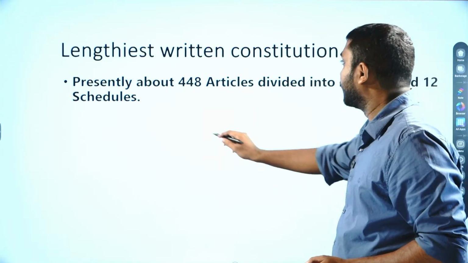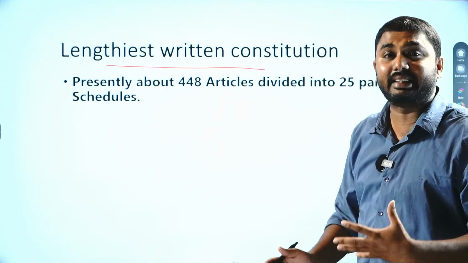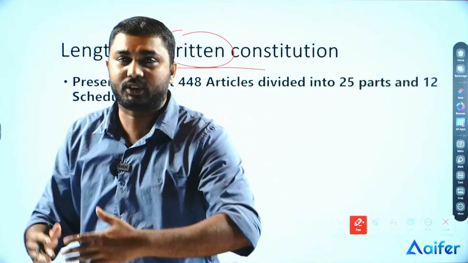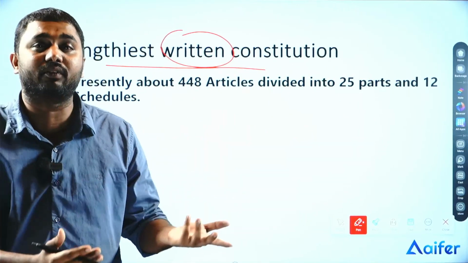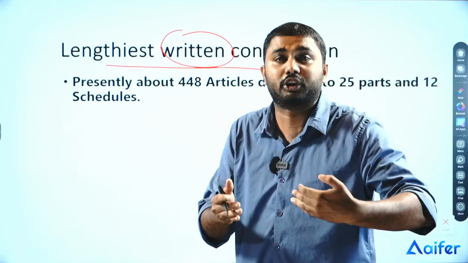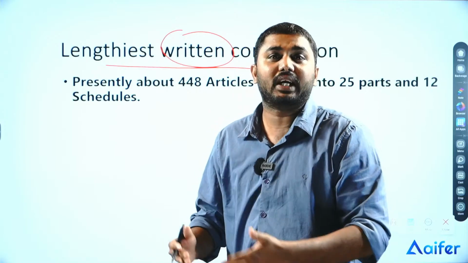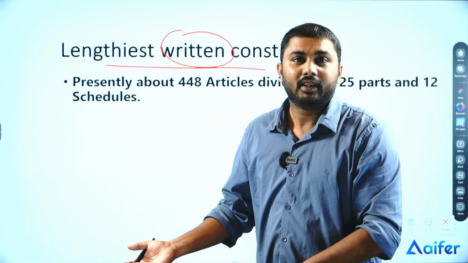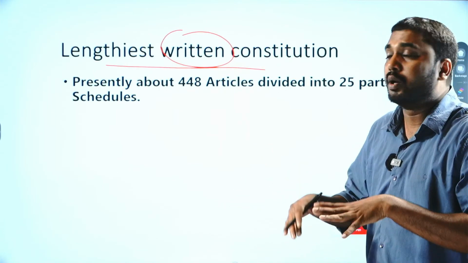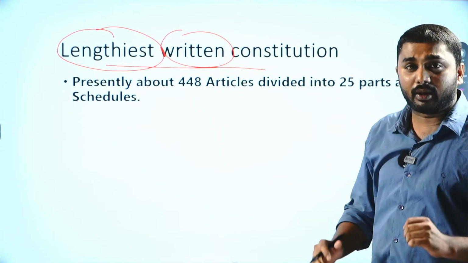First of all, we said that the Indian Constitution is known as the lengthiest written constitution. There are mainly two kinds of constitution. The first one is written constitution and the second one is unwritten constitution. Which type of constitution is the Indian Constitution? Is it written or unwritten? Yes, we can say that the Indian Constitution is a written constitution. Not only that, in this world it is the lengthiest written constitution. So it is one of the important features.